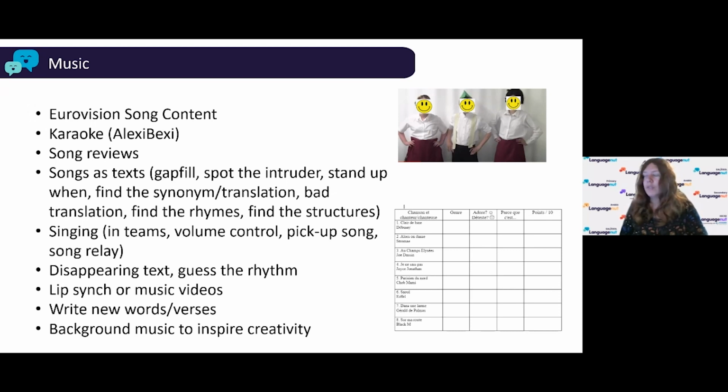So you can see I've got a sort of template here, where I would show some different songs, different genres in French, and then I would get them to identify the genre, if we've been learning that, to say whether they liked it with emojis and so on, maybe give a reason why, and give it a mark out of 10, as if they were on The Voice or X Factor or whatever, and they really enjoyed doing that, and that exposes them to